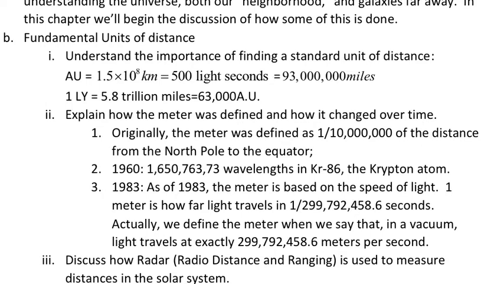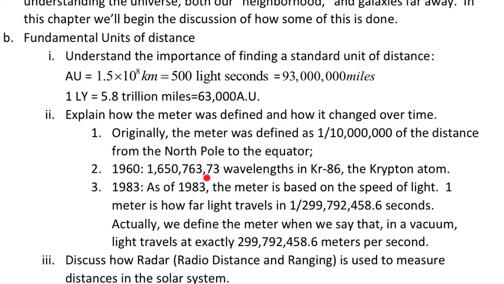So just briefly, all of these distances get named somehow. And so I'll just talk about the meter for a minute, since it has an interesting history. Originally, the meter was defined as 1/10,000,000th of the distance from the North Pole to the equator on Earth. That was the original definition of the meter that the Europeans were using, I think the French, in the 1700s. And they actually sent surveyors out to measure this distance, doing surveying on the planet, to get a good definition for that. That worked for a while, and then in about 1960, they used this krypton 86 isotope, and used